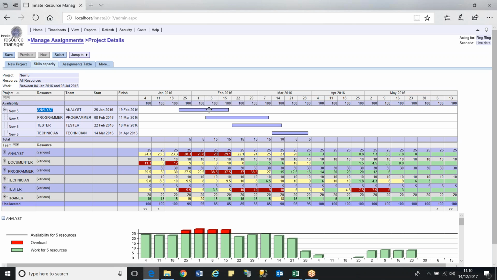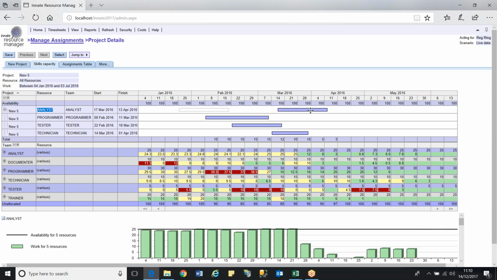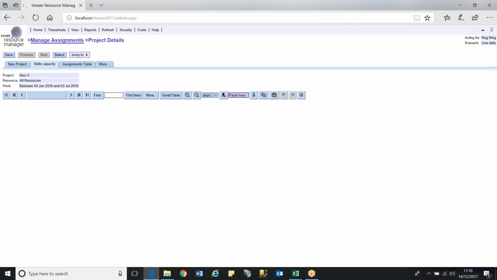When I'm in the Gantt view, what I can therefore do is just grab that bar and move it along to a point where we can see that the work for this project can be accomplished within the number of resources that we have. This is enabling me to, in effect, on my proposed projects, move the work for proposed projects or for lower priority projects out to a point where we no longer have a bottleneck for that analyst. When I save that,